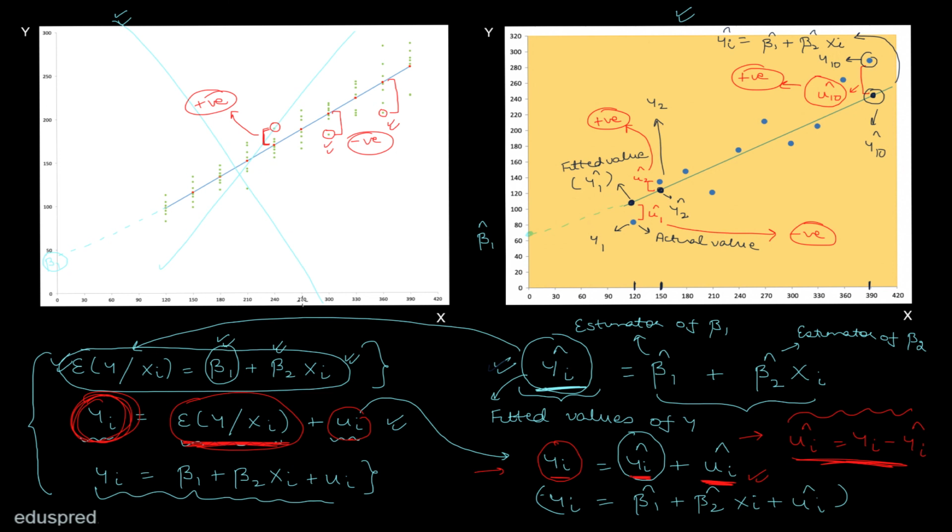But for now, just understand this point that the sample regression line is obviously not going to be the same as the population regression line. There are going to be differences, and these are differences that you cannot avoid. These are going to be there because we are working with a smaller data set. We are just working with a subset of the entire population data. Okay, so I hope this much is clear, and that's it for this video.